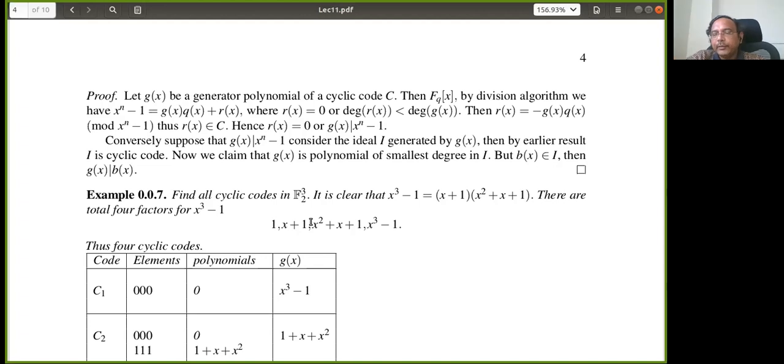reducible, then it is written as a product of two polynomials at least. Now both have to be linear. That means it has a factor, it has a root. That also you need to prove: every linear polynomial has a root in a field. How to prove that? ax plus b, where a and b are from the field. Why does it have a root?